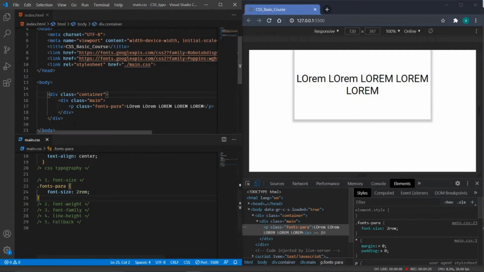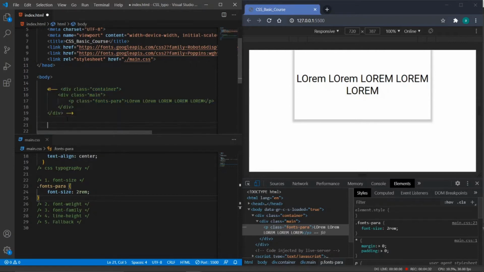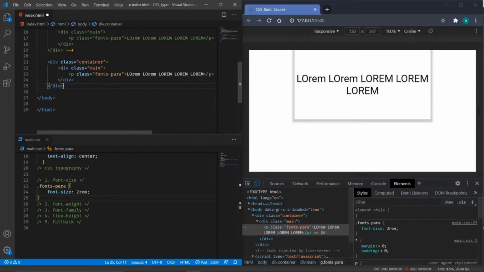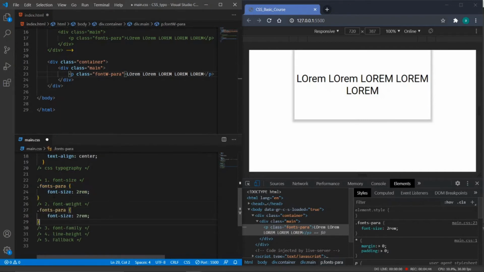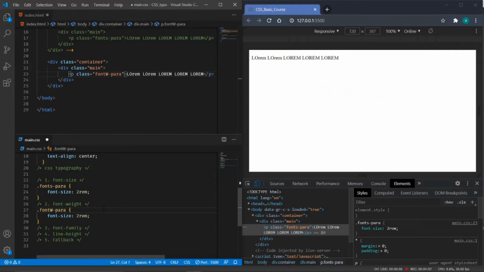So moving forward with the next one, that is the font weight. I will just comment out this section, copy the same type. For the font weight, we will have font weight para. I've told you the font weight ranges from 100 to 900 in a step of 100. We will go one by one and see what the differences are.